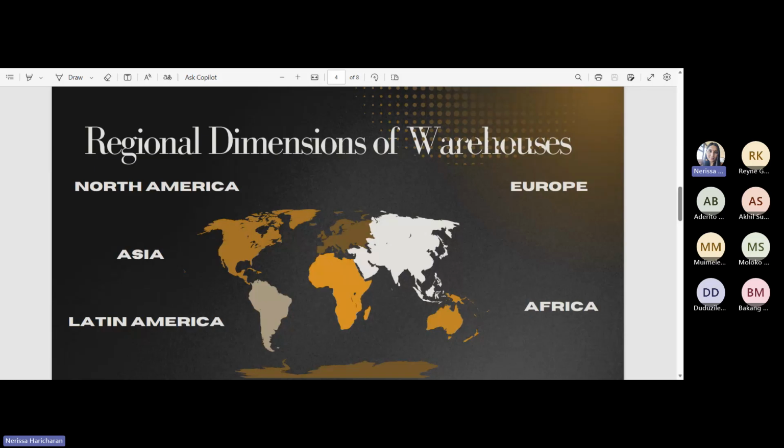So when we're looking at different warehousing in North America, a lot of it tends to be much larger in size, meaning that there's quite a vast land availability and there's also quite a big demand for distribution centers. So a lot of your warehouses in North America are located in suburban or rural areas, but they're also situated near transport hubs, where there's a lot more efficiency. There's a lot more access to transport networks so that they can service the greater e-commerce, the greater omni-channel,